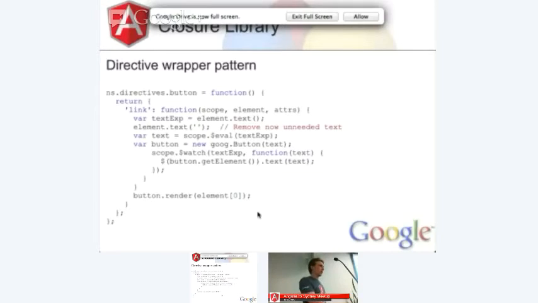You'll also notice that I've made a reference to the link function, which is exactly the same as the link function I talked about earlier. So this basically says, when the compiler gets to this DOM node, wrap the button in an element, put it back in the DOM. And now Angular understands it, which is really important because it means we've just created a data-bound button, where it previously was just a piece of JavaScript that we would import in a library.